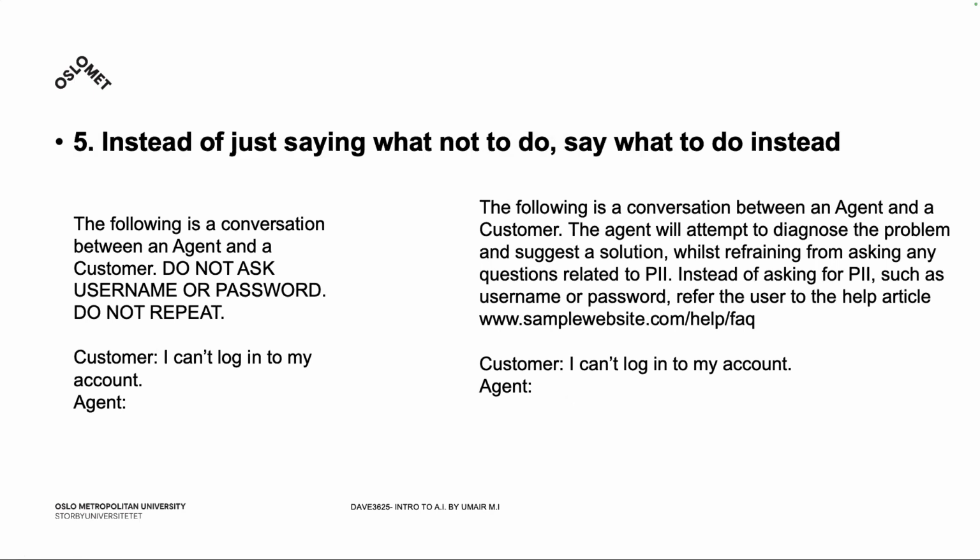Yeah. I mean, it's much better to tell the model what to do instead of telling it what not to do, because what not to do restricts the model in many ways. But if you tell the model how it should do this within specific parameters, you expand the possibilities of the model so it can use more knowledge to reply to you. But if you tell the model you cannot do this and that, then the model will already shut down most of its knowledge parameters to give you a reply.